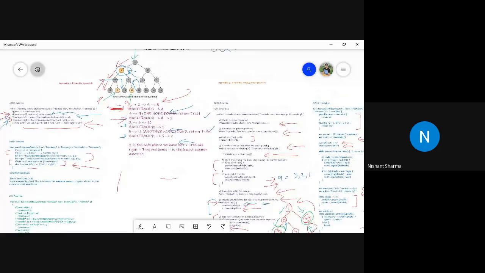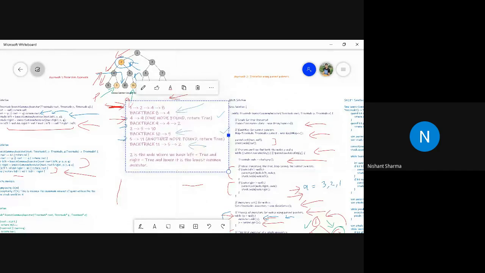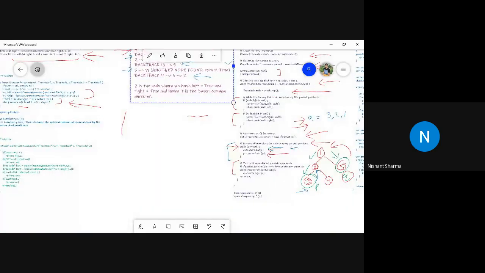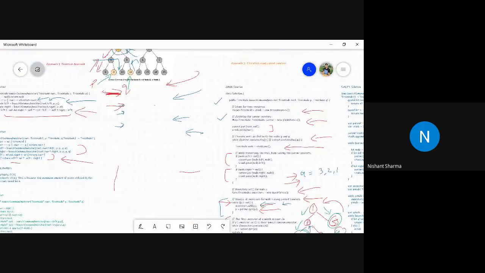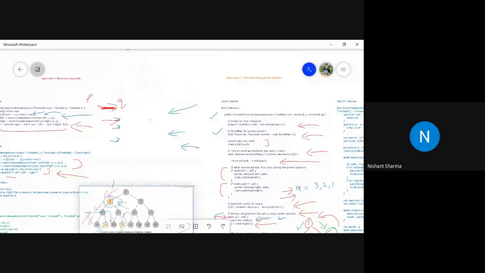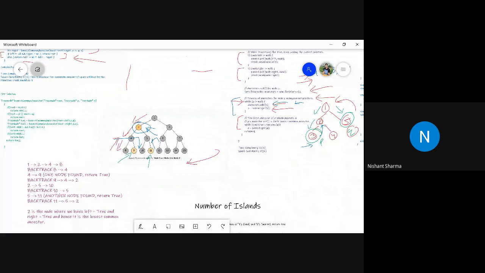I would like to explain the recursion solution again, because one of you asked, and I believe there is some confusion about how to write a recursive code. So just see the algo which is written here. I will try to move it down so that we can discuss. This is the algo. This is the example. I will try to explain one more time, and then we will move to the next problem.